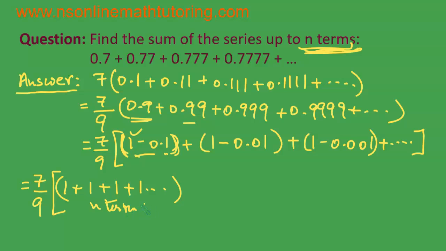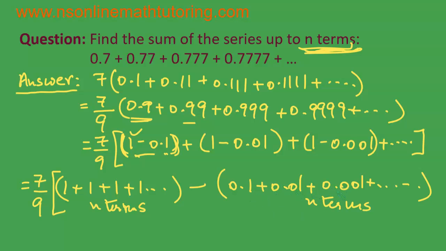N number of ones I am having, and then minus 0.1 plus 0.01 plus 0.001 plus, again you will be having n terms. But this one, you see,